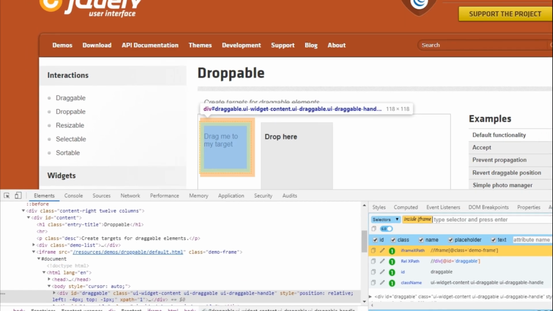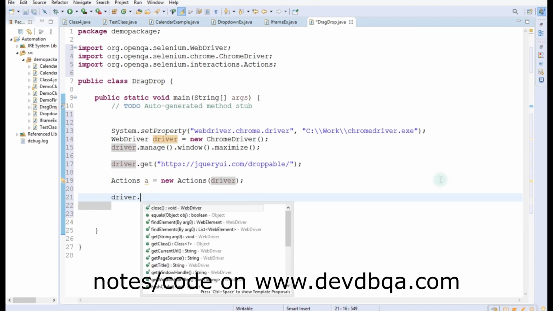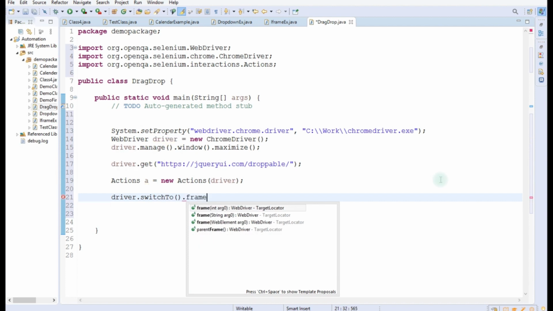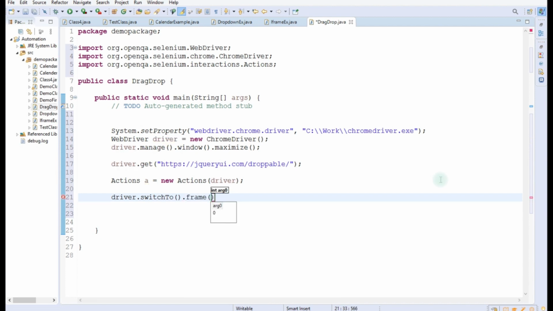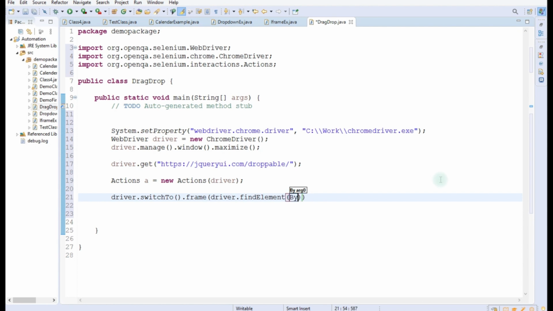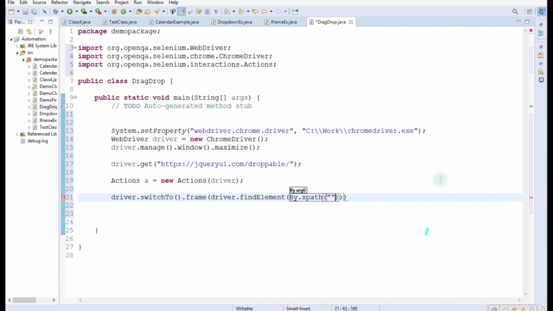For switching to the iframe we have to write driver.switchTo().frame, and in the arguments we have to give the locator of that frame. For that we will write driver.findElement(By.xpath), and in the arguments we will give the XPath of that frame.